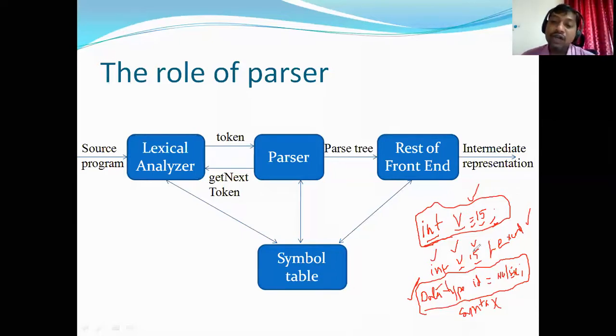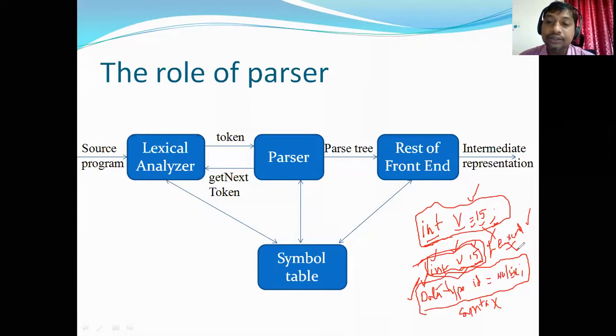Now if you compare this stream of tokens with this rule, obviously we can say this is not a valid syntax. Why? Because it doesn't follow this rule. This particular statement is not obeying this rule. Hence we can say this stream of tokens does not form the structure. It is ill formed, or we can say it is syntactically wrong.